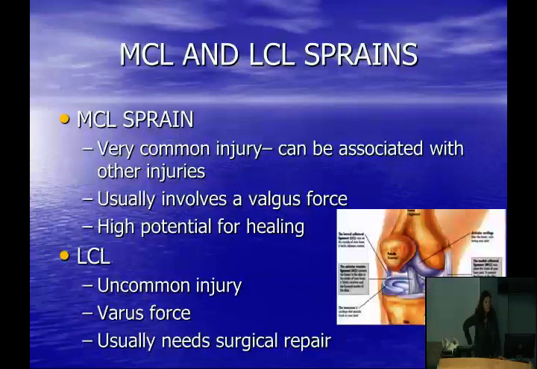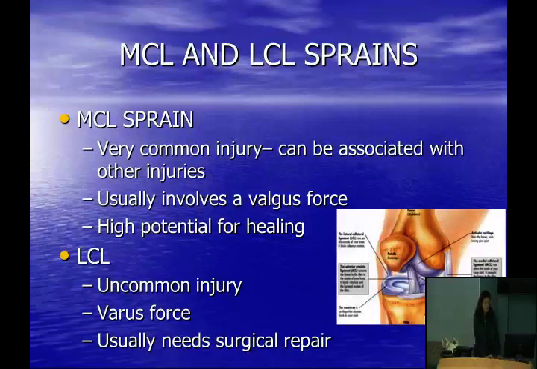So we're going to talk about MCL and LCL sprains. He has an MCL sprain. MCL sprains are very common, but always remember it can be associated with other injuries. It usually involves a valgus stress. So somebody hits you on the outside of your knee, pushes the knee inward, and just stretches the heck out of the medial